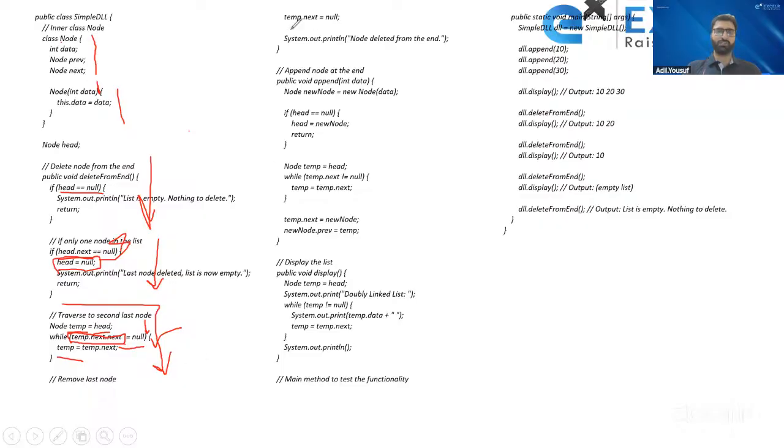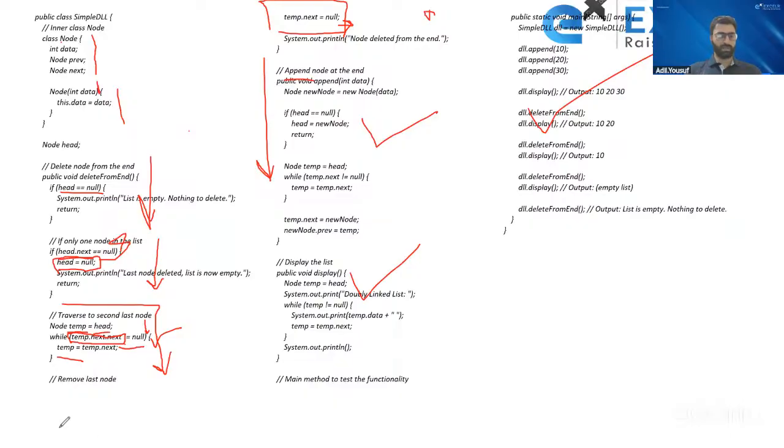So when it is the second last node, I will simply remove the last node. How do I remove the last node? Set temp dot next is equal to null. When I say temp dot next equal to null, it will remove the last node. Then I append the nodes, which is for adding the nodes in order to delete them later. Then I will display and show the output. So this is how we do it. If I run it,